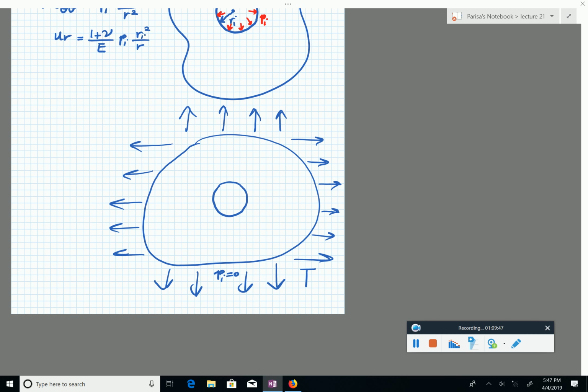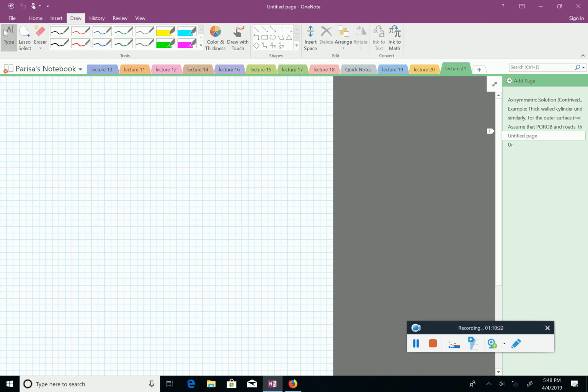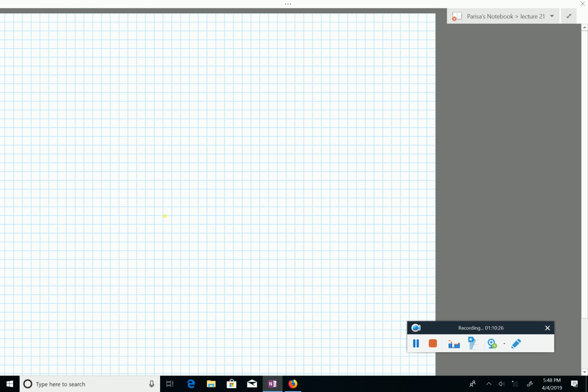So if R_0 is going to infinity, and we call this T, what Kingsley was saying earlier is correct. If we consider tension, here P_0 would be negative T and P_i would be equal to 0. So it would be exactly the same problem as before. And if you apply that, then you can obtain expressions for sigma_rr